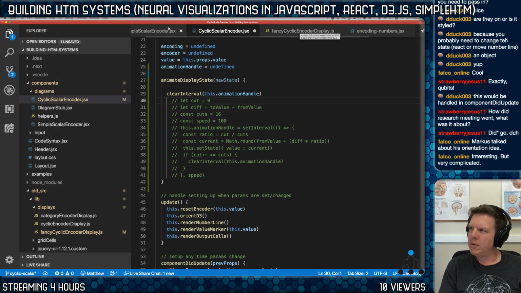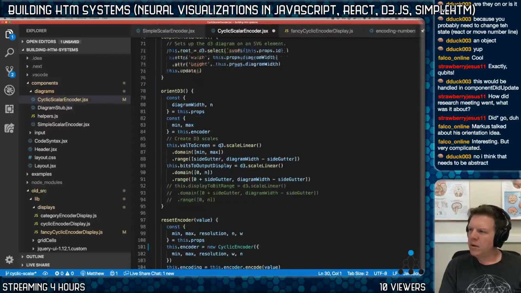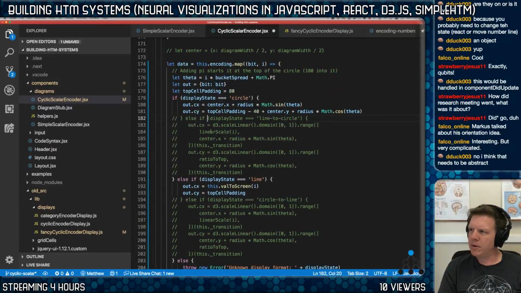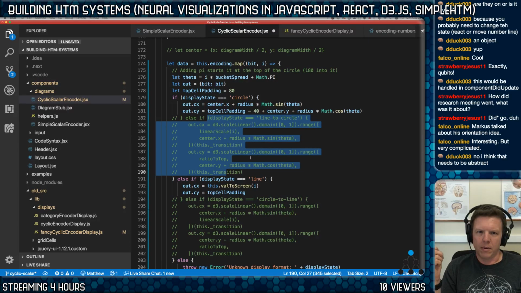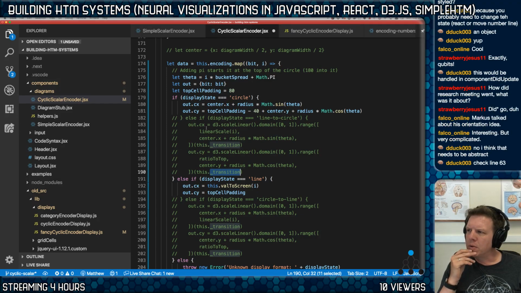So what I need here, and to be able to display the things I want, is I need to be able to calculate CX and CY based on how far through the data array we are, and the CY is this dot transition. How do we do that? If we're going line to circle,